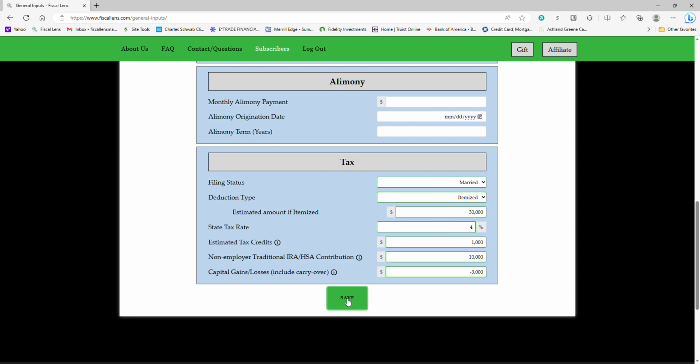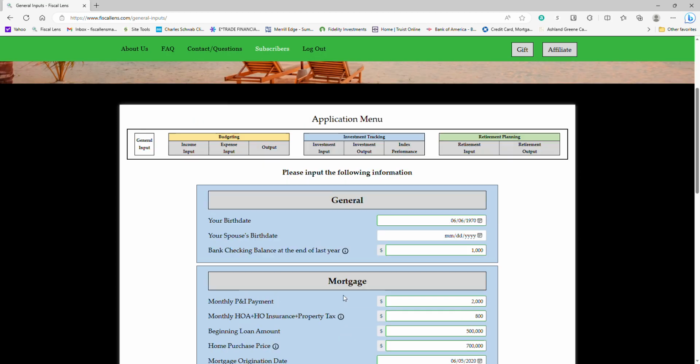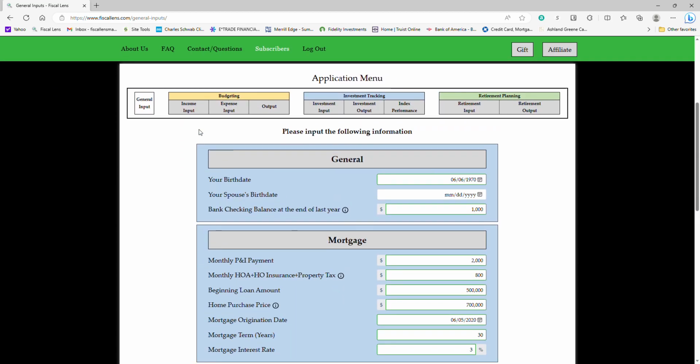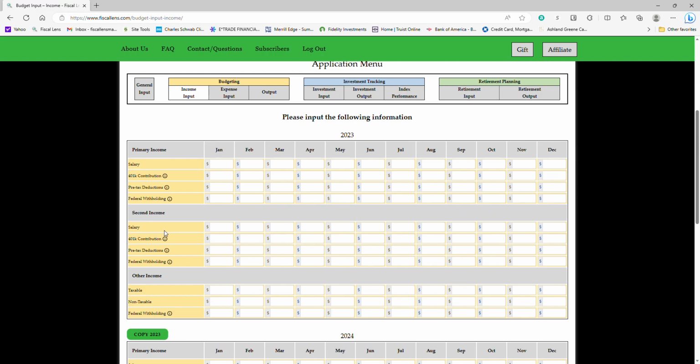So then you're going to hit save, and you've finished with the general input portion. It'll take you back up to your applications menu where you're going to start by entering your pay. Now, the first time you do this, it's going to populate all the months for you, and then you can just overwrite if you're going to get a bonus or something that you want to put in the salary line. There's other places to put bonuses, but anyway, let's just say that we make